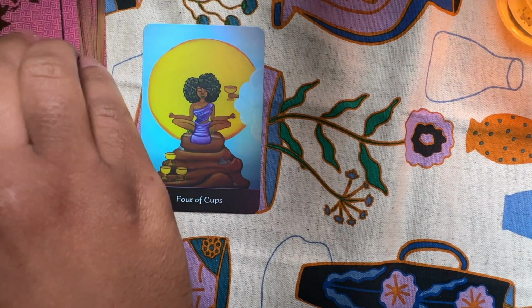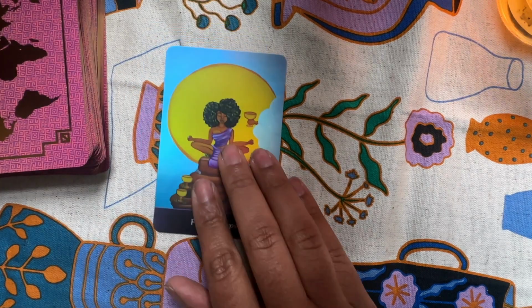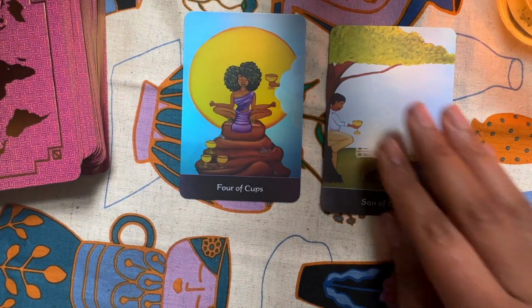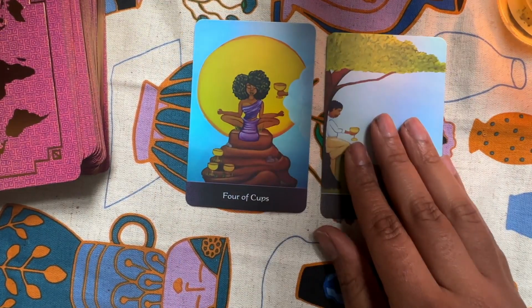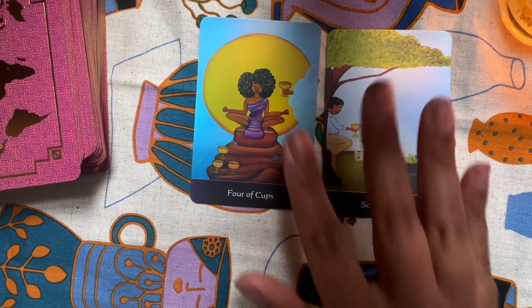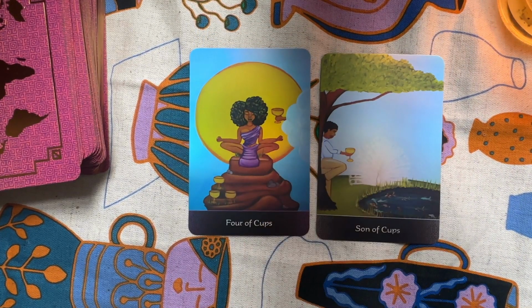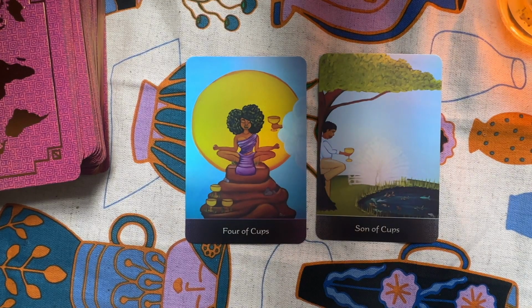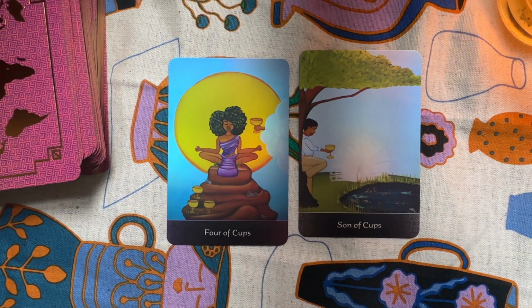This is speaking to me a lot. So I don't know about you, but I feel like this is pretty relevant. Let me just pull another card just to see. Okay. Yeah. I knew it was love centered. I knew it because I was like, ooh, this is resonating with me a little bit too closely to all of the lovey-dovey stuff that's going on in my life right now. So if you're feeling like you're in a moment, especially dealing with relationships, dating, and all of that jazz,